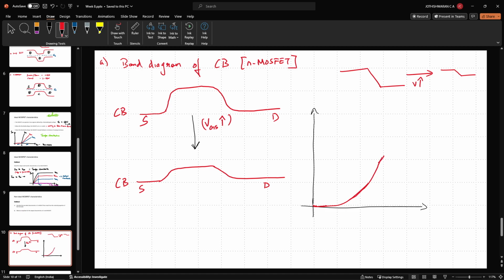And of course, since I'm showing that this is current flowing across a junction, you know that such a semiconductor junction never has a linear resistance. So now I can say that it's going to look like some kind of an exponential curve. So let me say that there is some knee point which I can assign to denote the rise in the current. What will happen is at a different value of VDS,